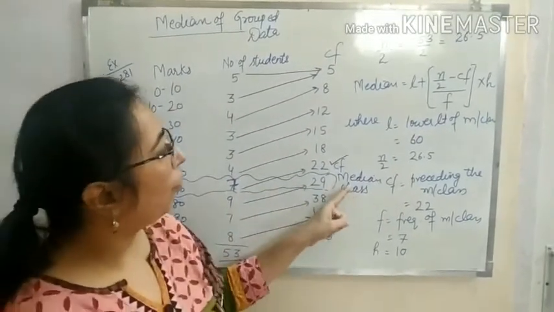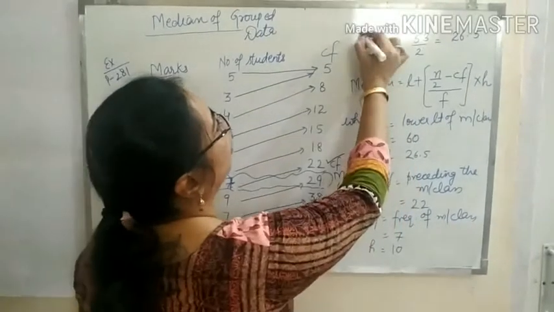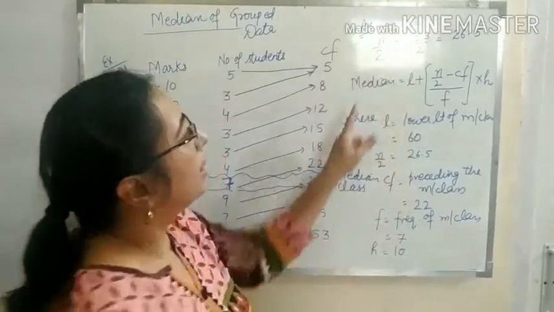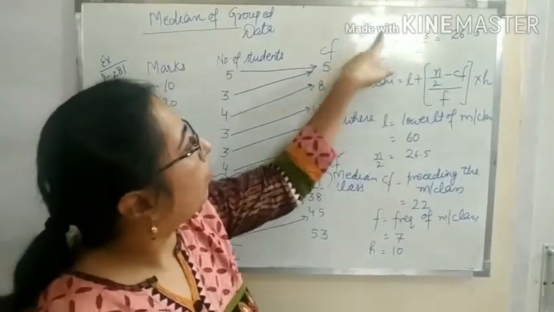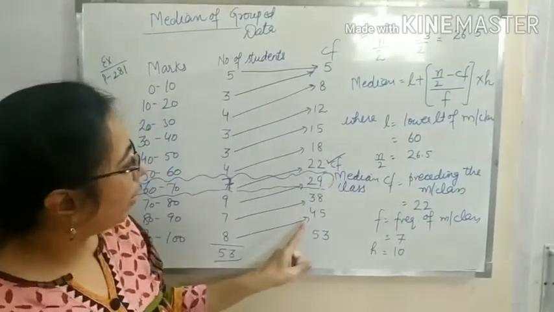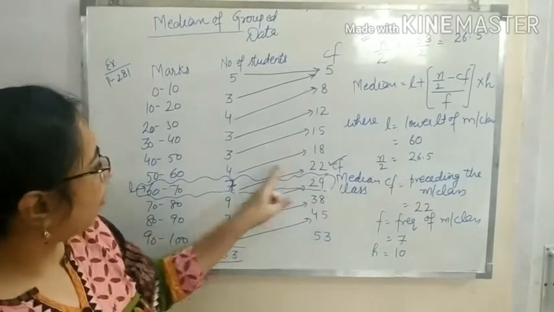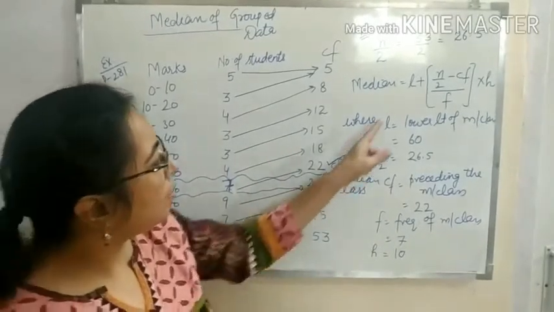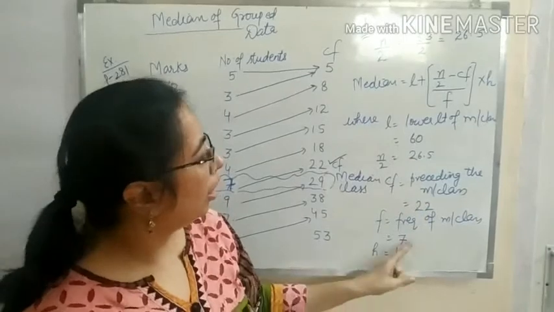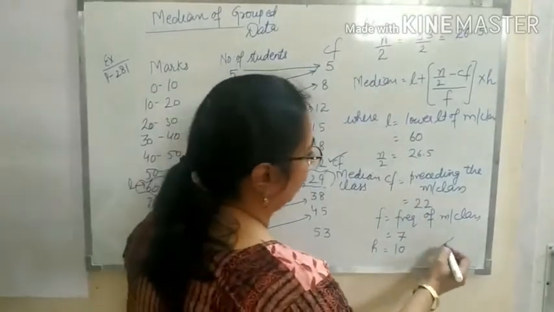So all the values of the formula we get from the median class. You should know from where we have taken this median class: we find n by 2 because the median is the middlemost value. This value is to be located in the cumulative frequency column to see where it exists. That gives you the median class. From this median class we calculate all these values, and now we put them in the formula to get the answer.